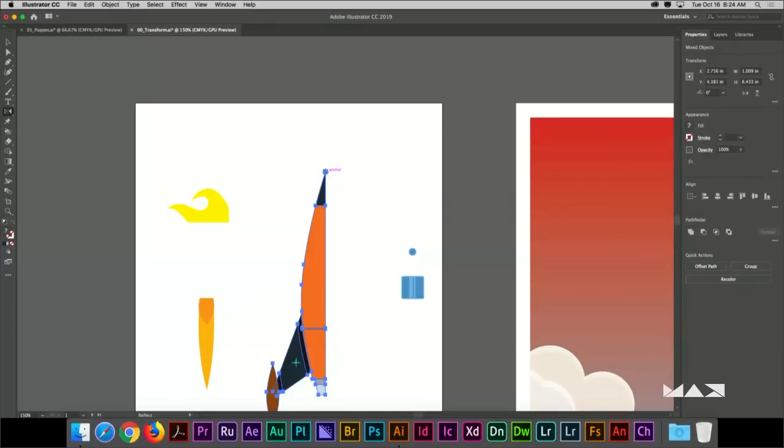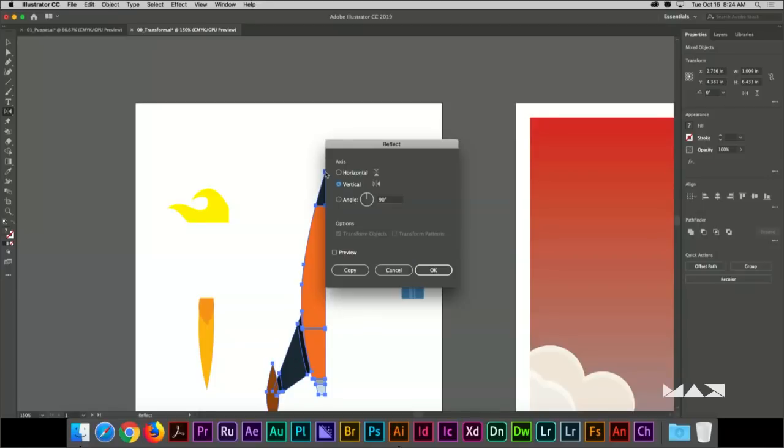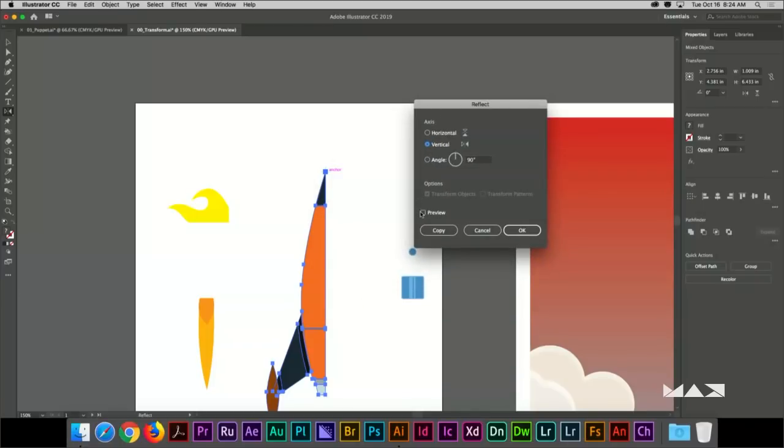For any of these tools, if you want to do all these things in one step, press the Option key, Alt on Windows, and you're going to see a little minus sign next to the pointer. If you click with that key held down on the anchor point, you're telling Illustrator, reflect, rotate, transform, whatever, around where I just clicked, and give me the options in the dialog box. I now have the dialog, and if you come in here, make sure vertical is selected, select preview,